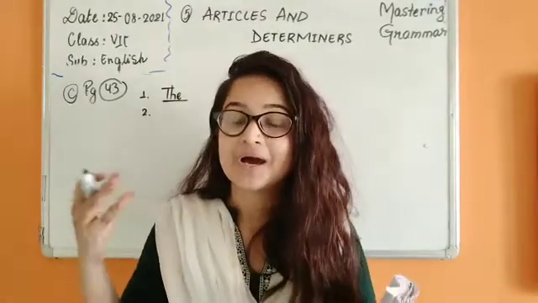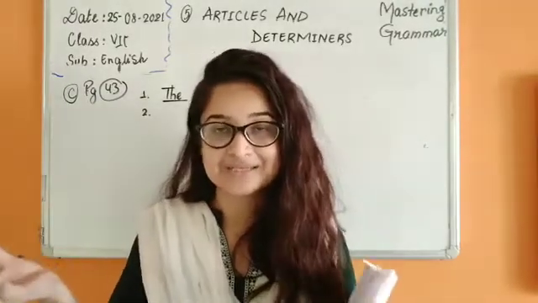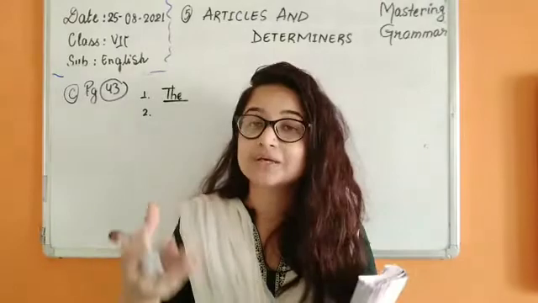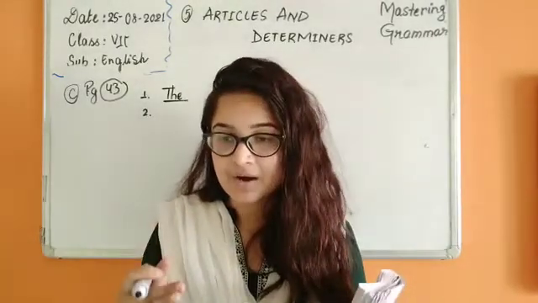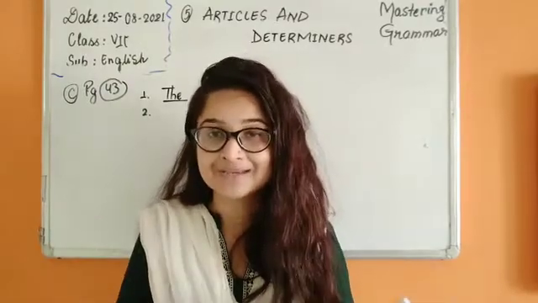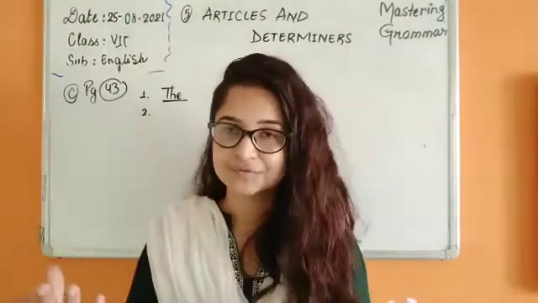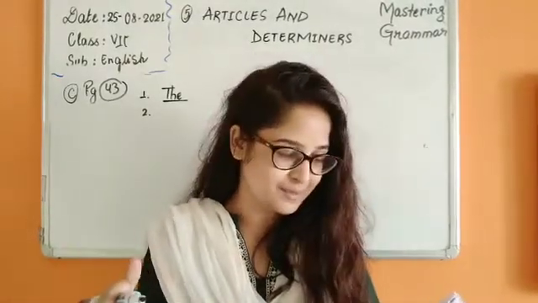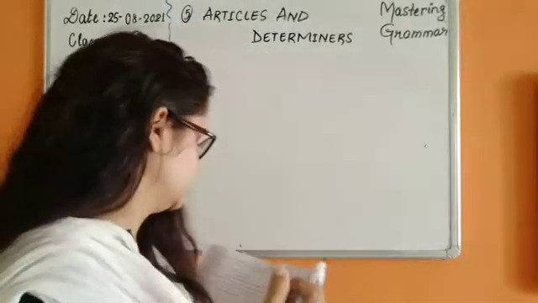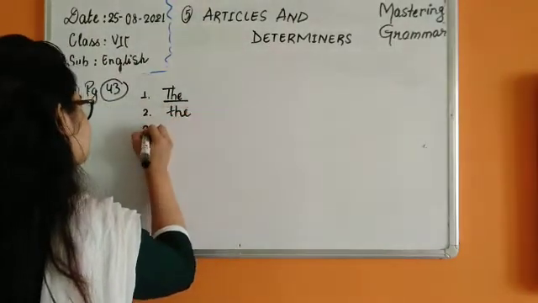Yes children, some countries take the before them, like the United States of America, the USA, the United Kingdom, which actually is a term for combined places. Okay, like in United States of India we have a lot of different countries, so they are merged together to form the States of America. So now the States of America. Number 3 now.